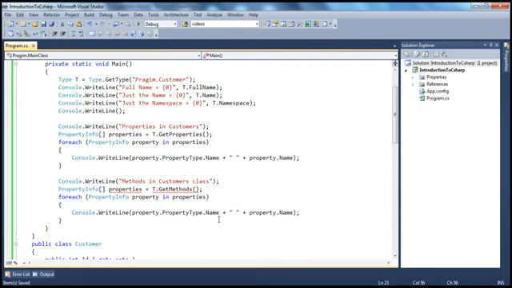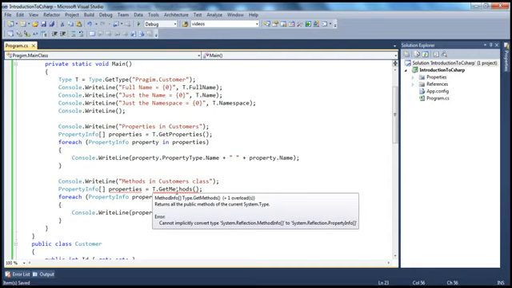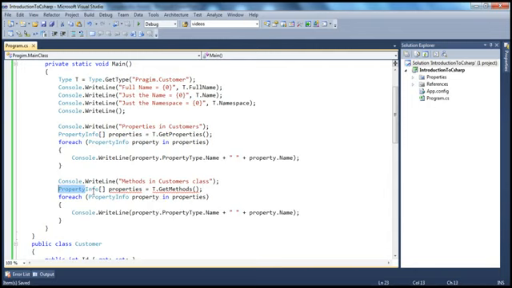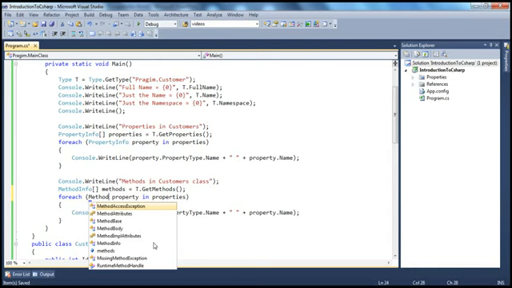To get properties, we are using GetProperties. To get methods, we use GetMethods. Similarly, to get fields, we use GetFields. To get constructors, we use GetConstructors. So it's very meaningful. All you have to do is hover your mouse over that method, and it will tell you what the return type is going to be. Here for GetMethods, it's going to be MethodInfo. So instead of PropertyInfo, I'm going to use a MethodInfo array, and then give this variable a meaningful name, methods. And then foreach MethodInfo